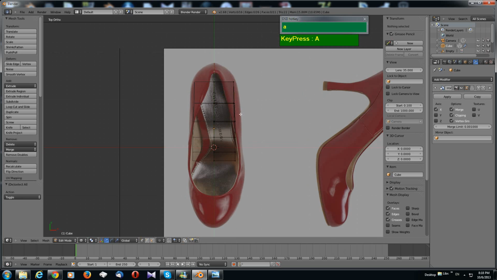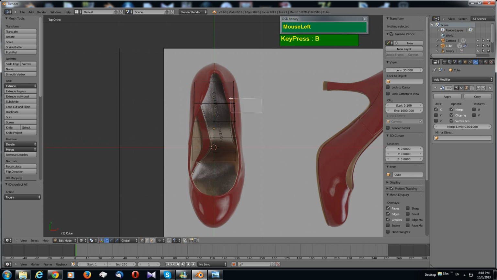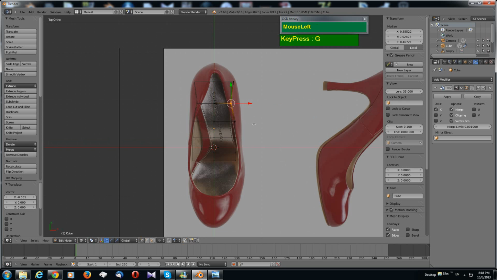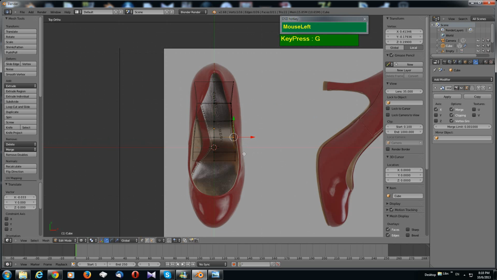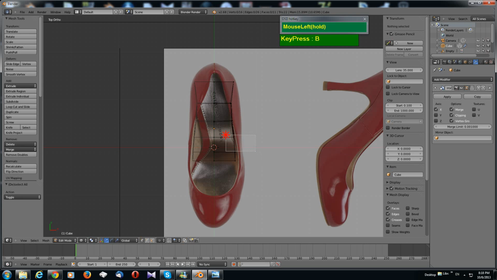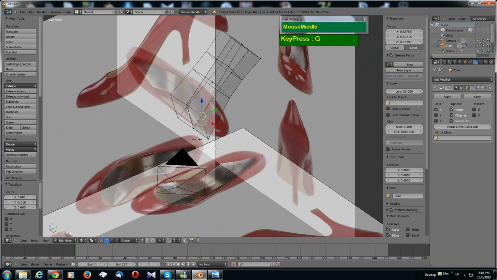Press A to deselect. Make sure that I'm in top orthographic view. Yes. Press B to box select and select these vertices, and then press A to deselect. And so what I'm doing here now is basically I'm shaping the shoe from the top view, so that it roughly follows the reference. I'm just simply selecting and then pressing G to move the